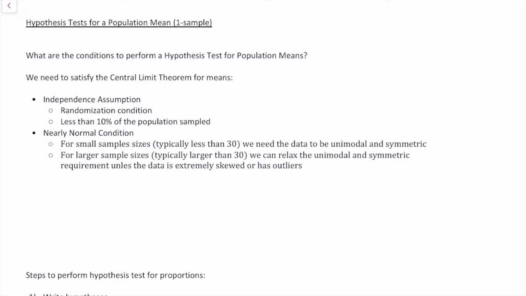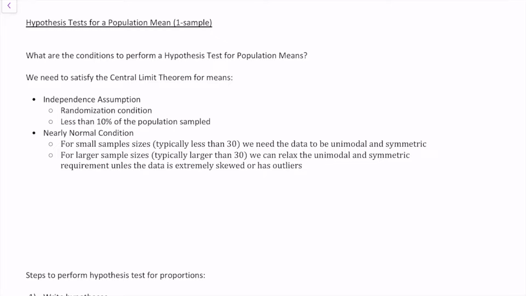This time in this video, we're going to be discussing hypothesis tests for a population mean of one sample. I had an earlier video where I went over the overview of a hypothesis test. Remember, it's just a way of testing if there's a significant difference in a population parameter. In an earlier video, we went over the population proportion. In this video, we're going to talk about how we test if the population mean is significantly different than a value. Okay? So let's kick things off by talking about what the conditions are